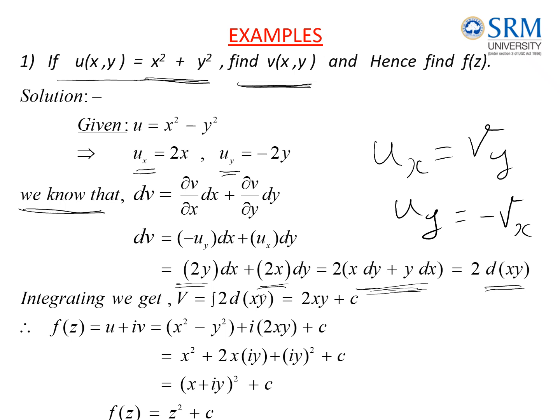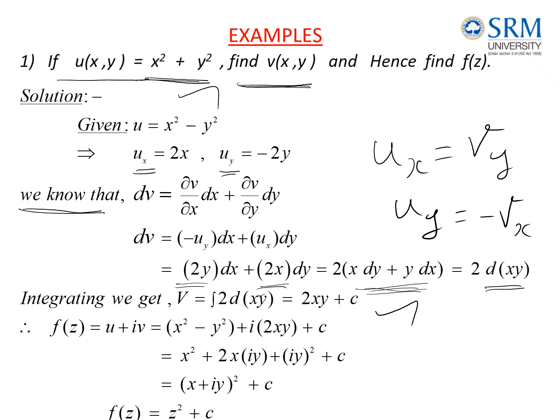So v is equal to the integration of 2 times the derivative of xy, which is 2xy plus the integration constant c. So substituting this v and the given u, we can find what is the function f of z equal to u plus iv. So now I need to rewrite this statement as